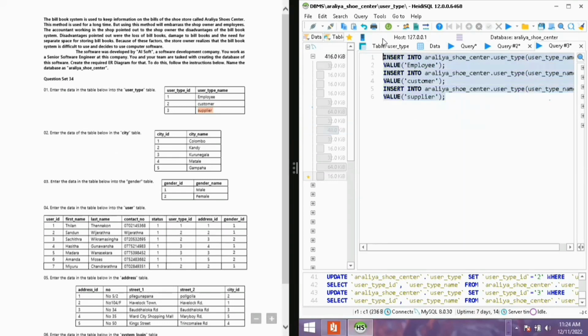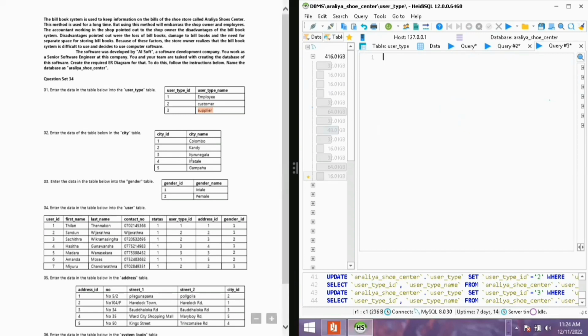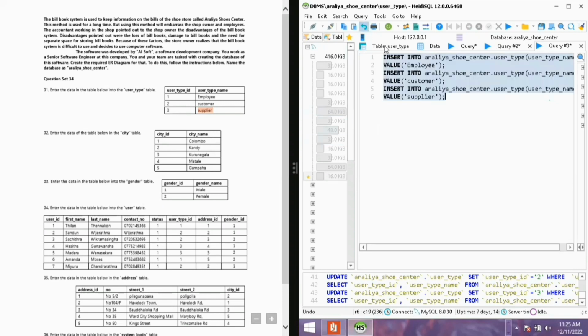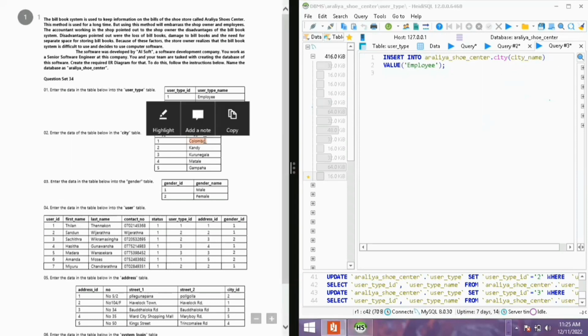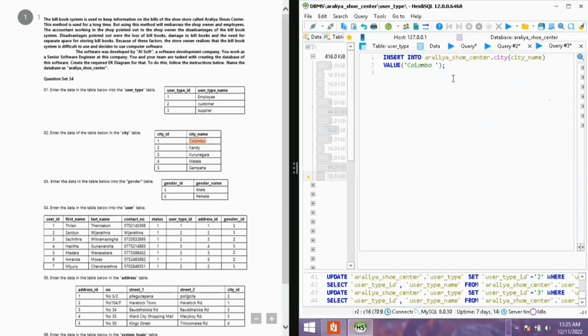So we need to insert data into the city table. Considering the city table, city ID is auto incremented, so we don't need to enter data for city ID. All we need to enter is the city name only. So now I'm getting that query also, and I'll choose enter. Table name is city, and we have to insert data into city name, and the value is Colombo. First value is Colombo. Let's do it. And now I am going to copy that,